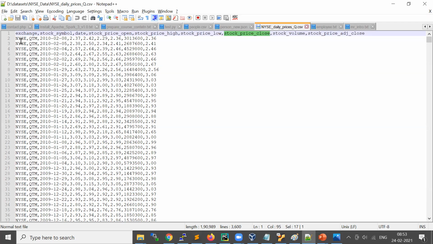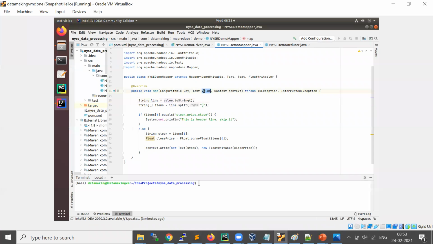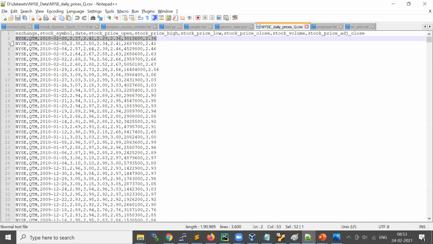Whenever this data comes to the map method, the entire line comes in the value argument, and the key is the offset, which is the position in the file. We are not interested in the offset of the record. We are just interested in the value.